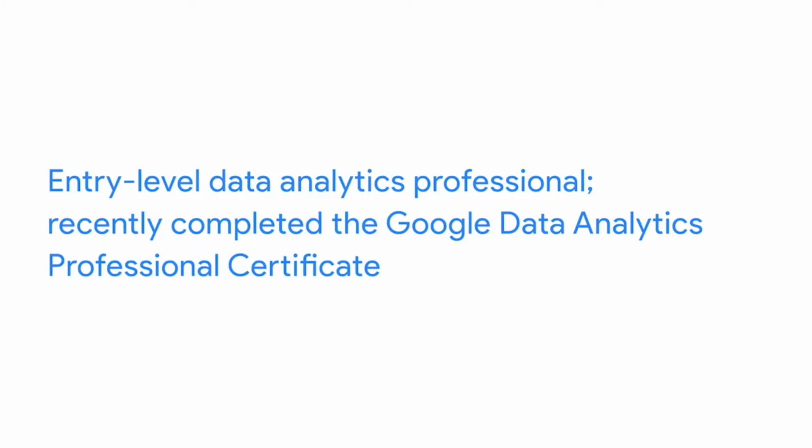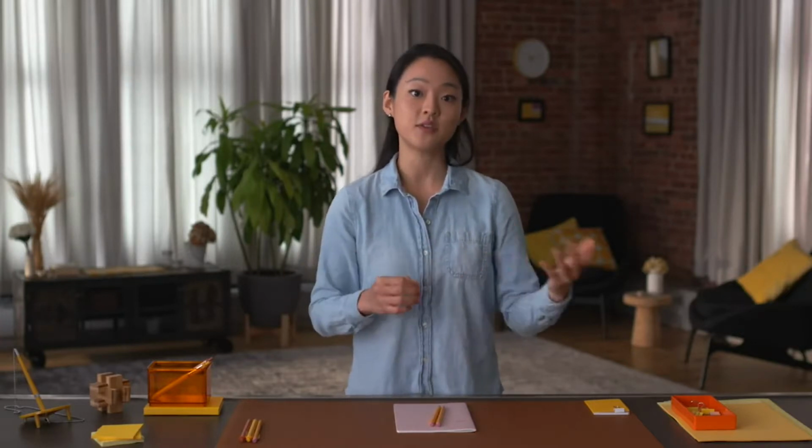And once you've completed this program and have your certificate, you'll be able to include that too, which could sound like this: entry-level data analytics professional. Recently completed the Google Data Analytics Professional Certificate. Sounds pretty good, doesn't it? Another option is leaving a placeholder for your summary while you build the rest of your resume, and then writing it after you finish the other sections. This way, you can review the skills and experience you've mentioned and grab 2 or 3 of the highlights to use in your summary. It's also good to note that the summary might change a little as you apply for different jobs.